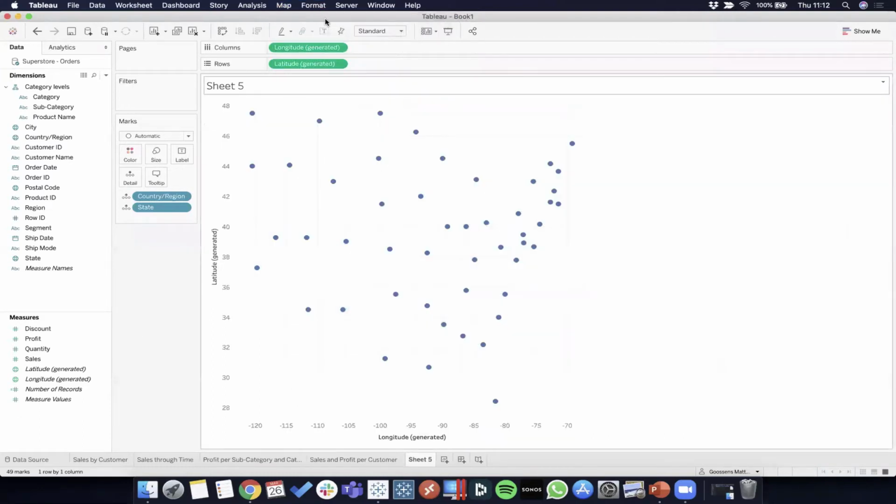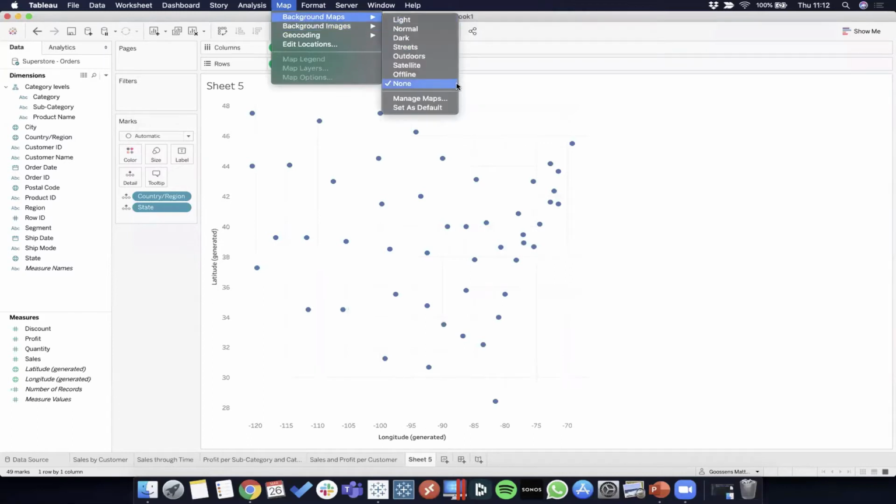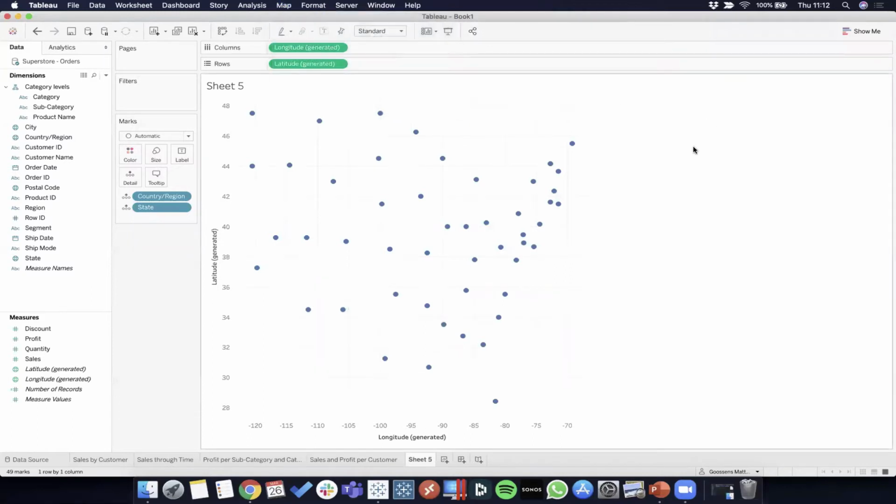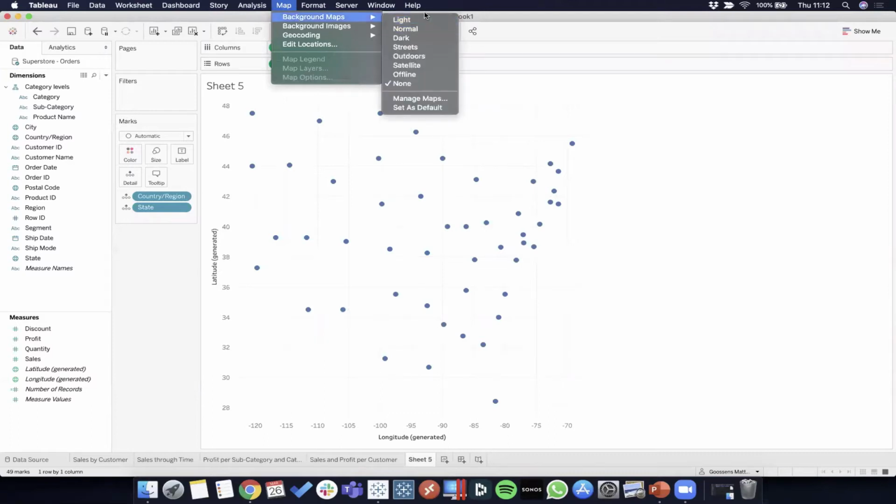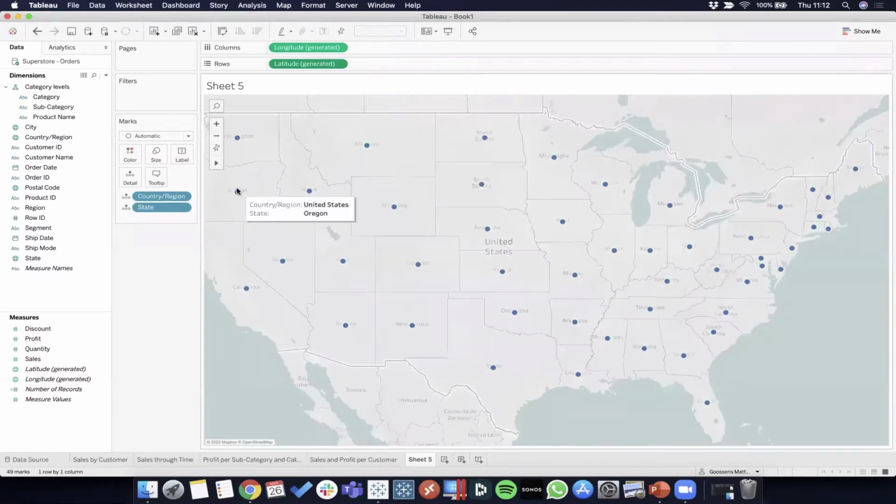If you click on background map none, you'll see that basically a map is nothing more than a scatter plot that plots latitude and longitude. So if I enable my map again, map normal, it looks a bit different. Where does this latitude and longitude come from? We've seen that it's basically nothing more than a simple scatter plot, and Tableau puts a sort of image